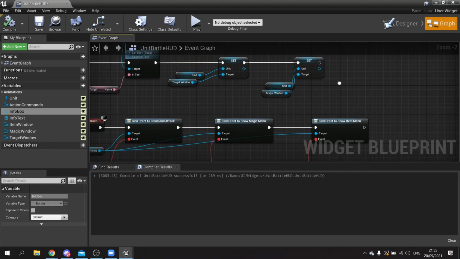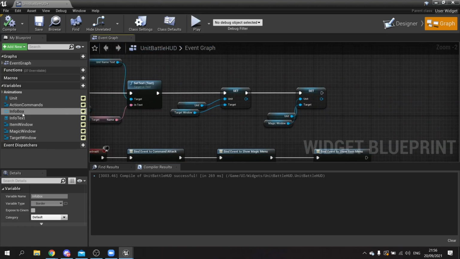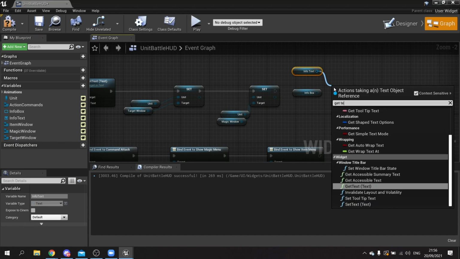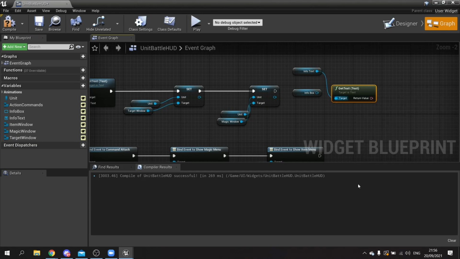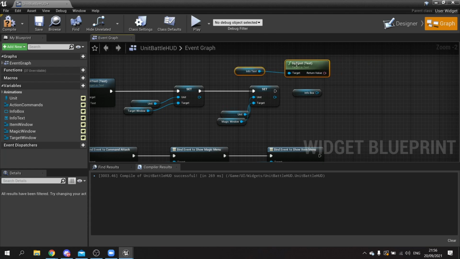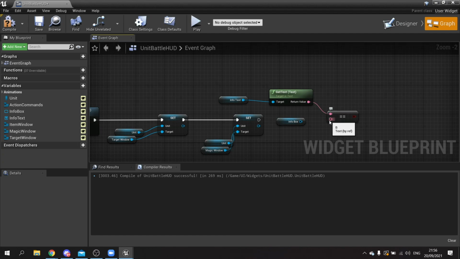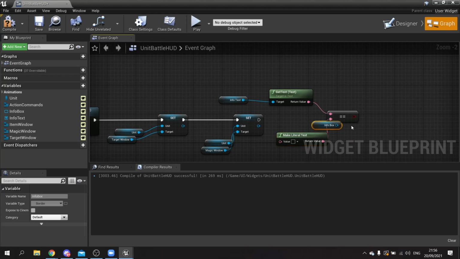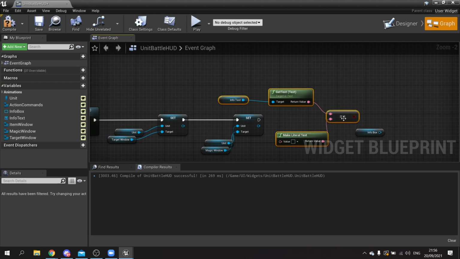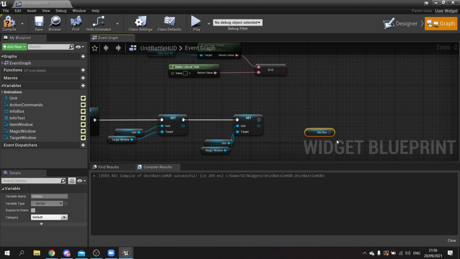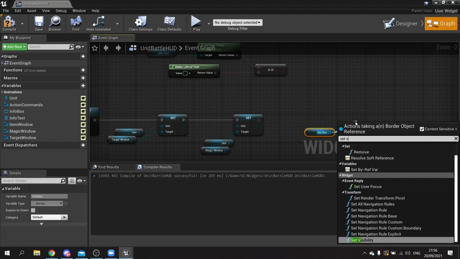And on the pre-construct here, we're going to drag in our info box get. We're also going to get the info text. Now, info text, we want to get the text that's on show. So get text, and we're going to see if it's equal to nothing or not. So if it is equal to, I'm going to choose make literal and equals to nothing. We're going to change the visibility of our box here to be invisible. So that'll be the box set visibility,